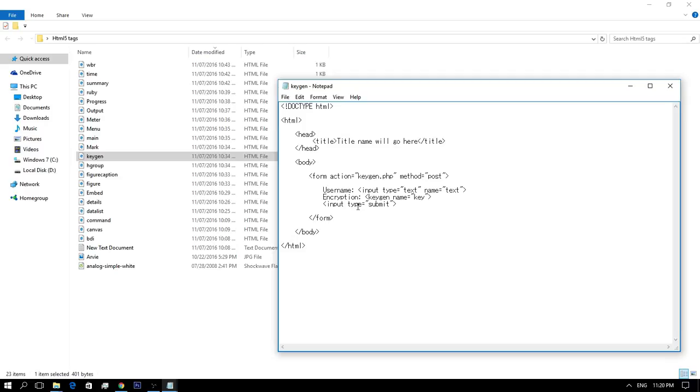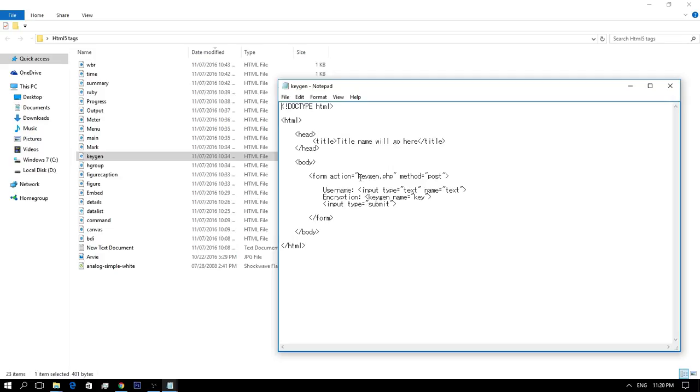First one is the public key and another one is the private key. So the private key is encrypted and stored in the local key database, and the public key is sent with the form data to the server. So the keygen element is most useful when the user wants to generate the unique key for a particular form.